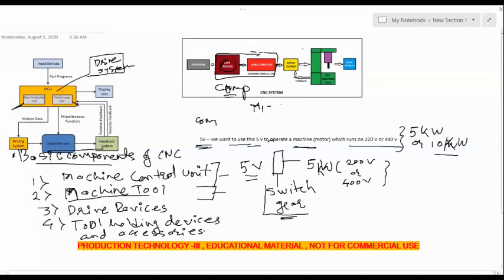Three. Okay, minimum 3 motors: one for chuck, one for cross slide, and one for longitudinal slide. These are the 3 minimum motors, and these 3 motors are to be driven. So this drive system will have 1, 2 and 3 different controls, and these 3 controls can work independently or they can work